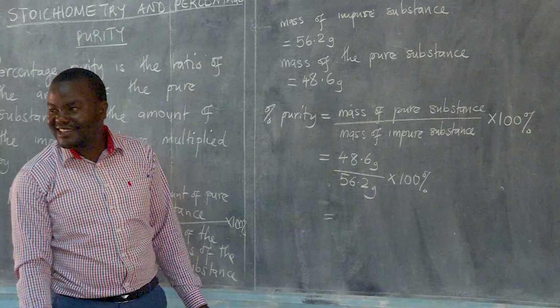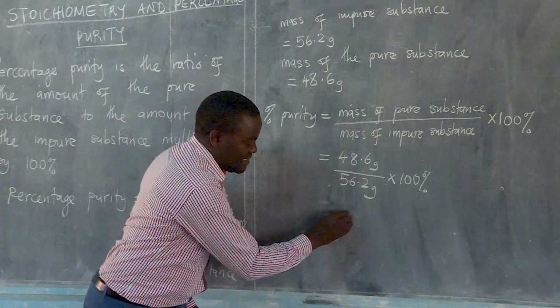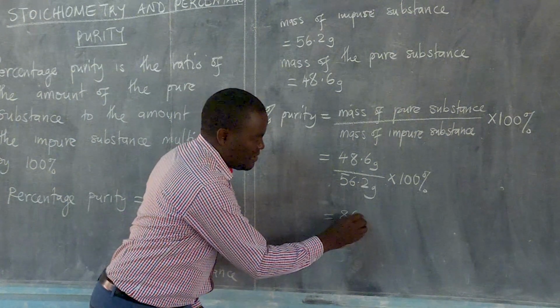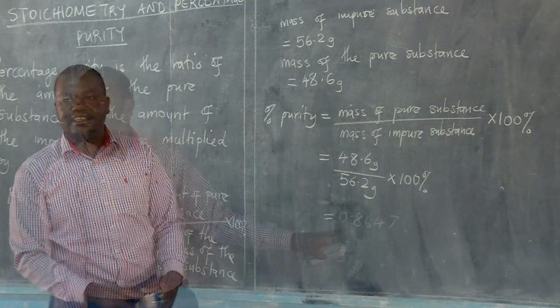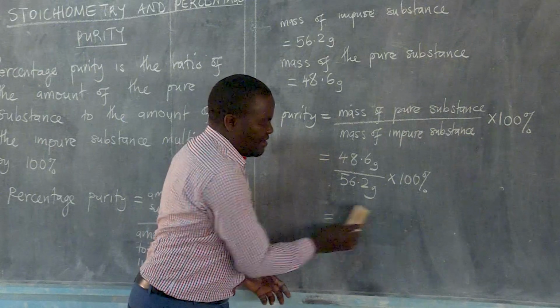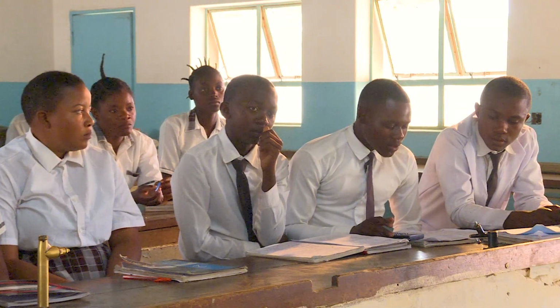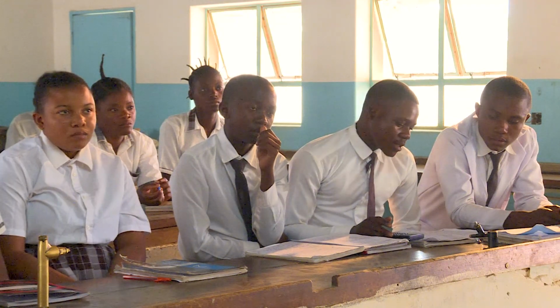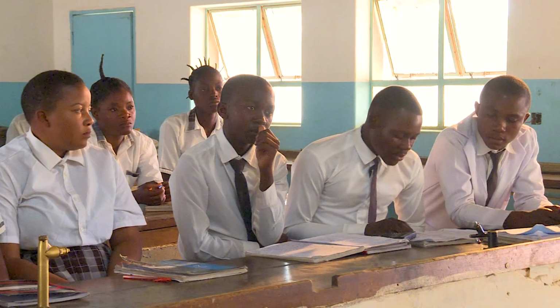Give us what you get when you divide. Yes. We're going to divide 48.6 grams over 56.2 grams, and the answer is